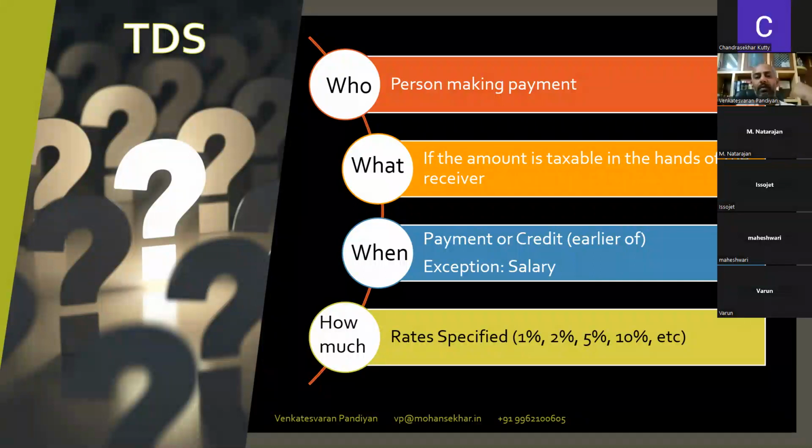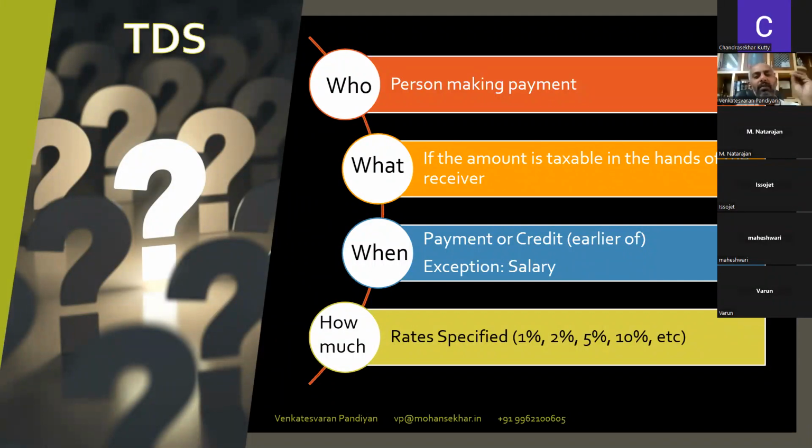Then I am responsible for deducting tax. This is the case of TDS. TCS is just the opposite. We will talk about it in more detail when we come to the TCS provision. But as I previously said, in TCS, the person who collects money will deduct, whereas in TDS, the person who makes the payment will deduct TDS. And on what will he deduct?